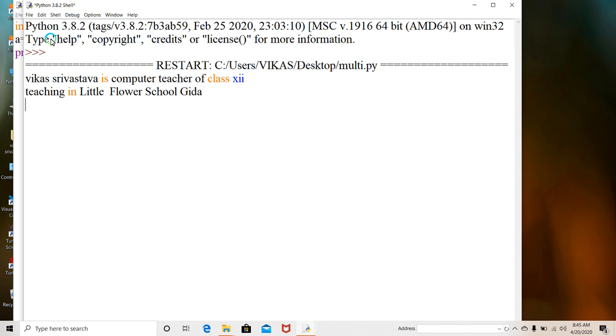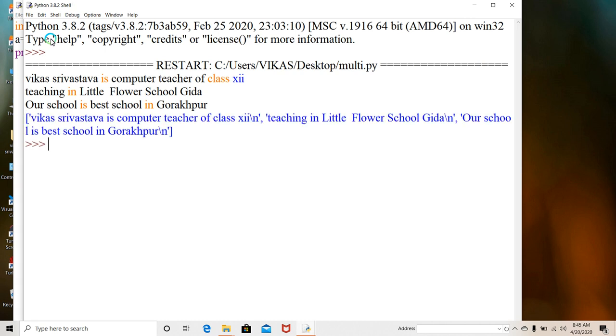Okay, and then: our school is the best school in Gorakhpur. See here, like that we can take more than one input. After taking the input, we have to press Ctrl plus D.